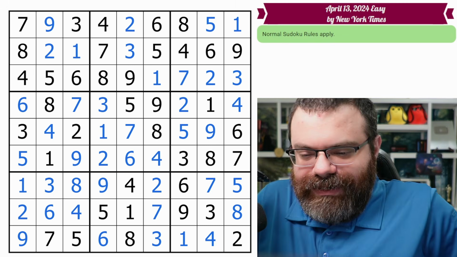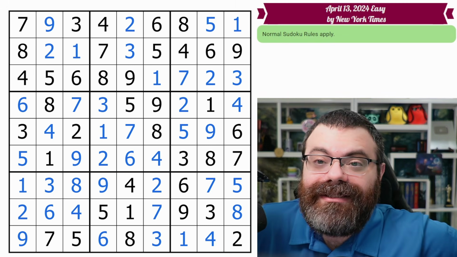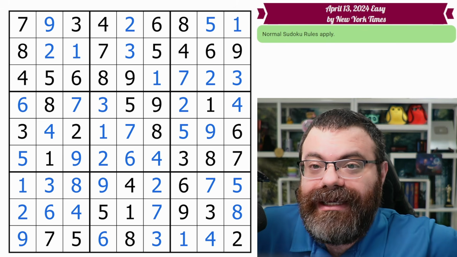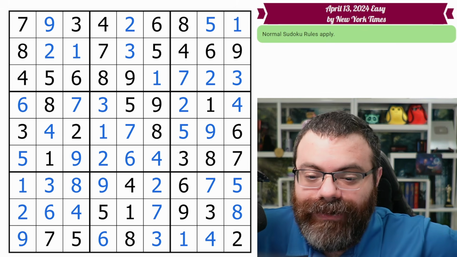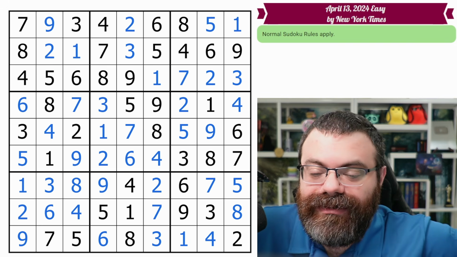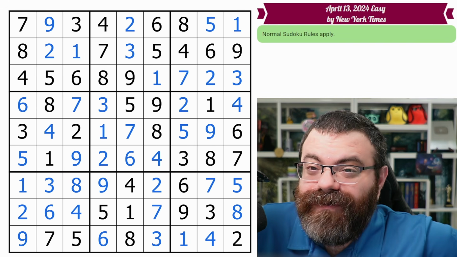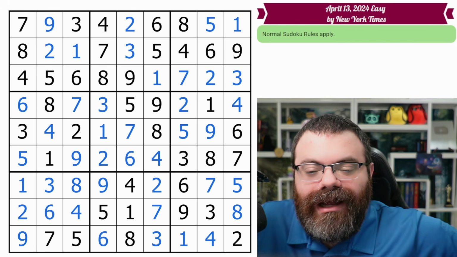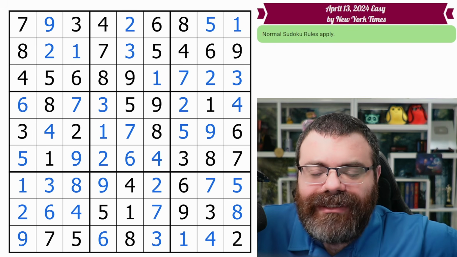So, as you can see, the hidden single technique is extremely powerful, especially in the New York Times Easy puzzles. So why not practice that? Practice your scanning. Look for those hidden singles. I didn't even go over the naked single. You may need that sometimes, but